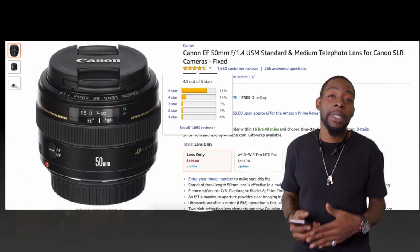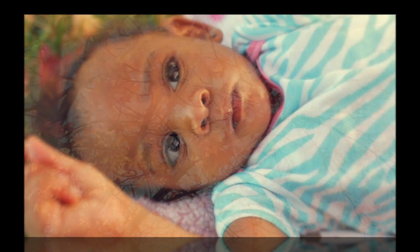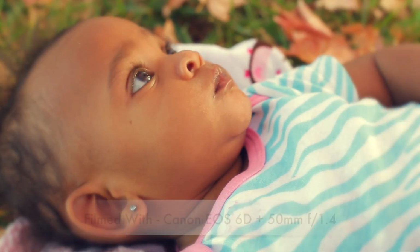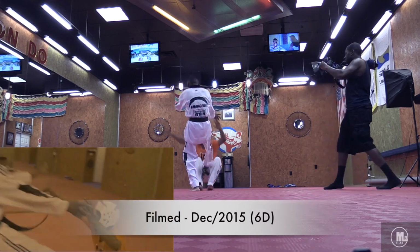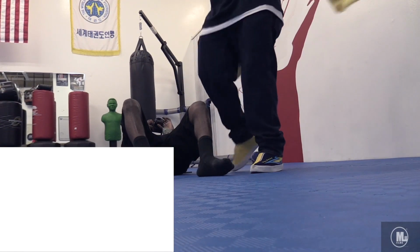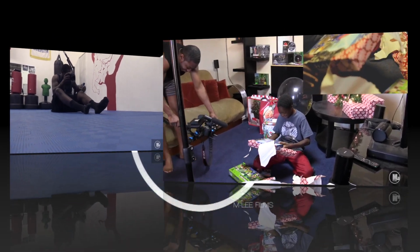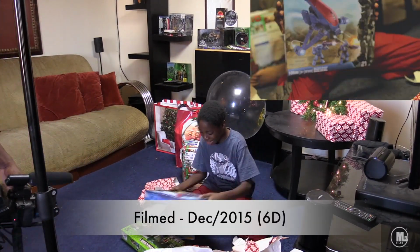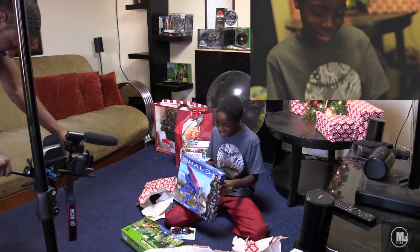So next up is the Canon 50mm f1.4. I didn't really see a big jump in performance or image quality between the 1.8 and the 1.4, but the 1.4 of course was built like a tank compared to the other one. Much bigger. You were able to put a follow focus gear on there, compared to the other one. Even the 1.8 Mark II, you still can barely put a follow focus gear on there